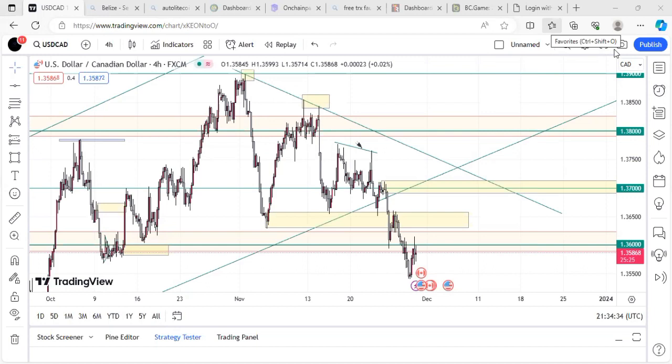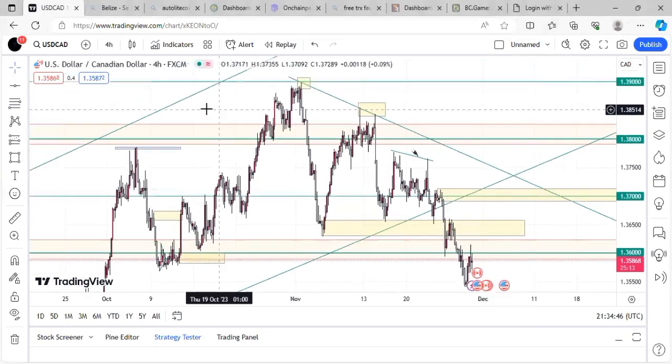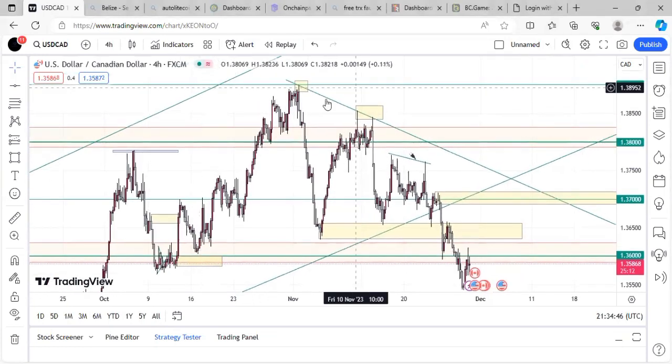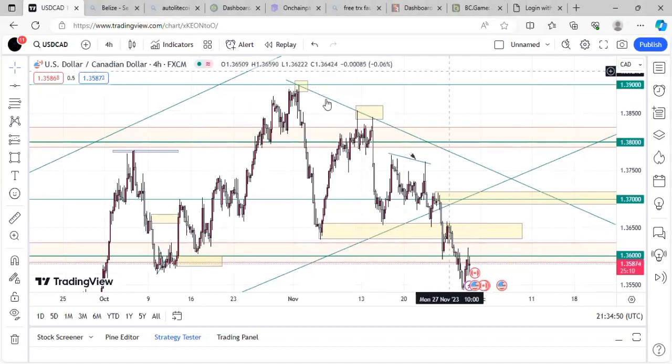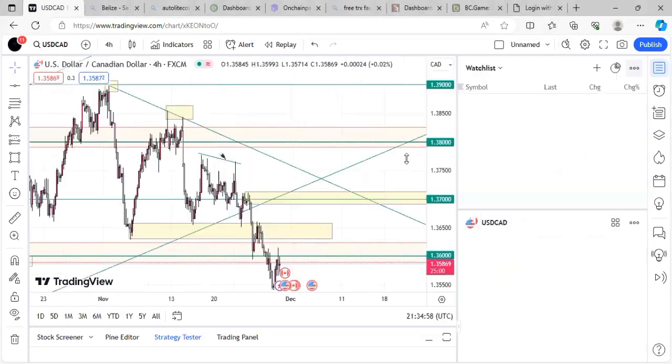So I want to do some reviews on the trades. Right, the trades that we actually have, or the trades that we are looking out for this week, right? So first trade on my screen is USD CAD, right? But first of all, before I talk about USD CAD,